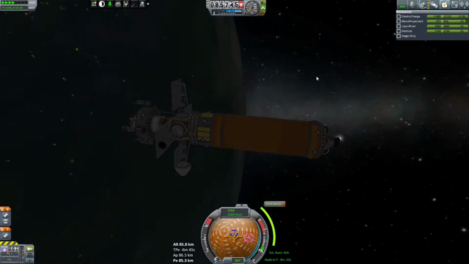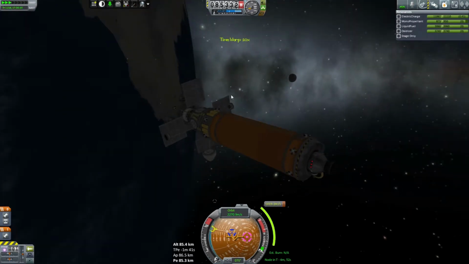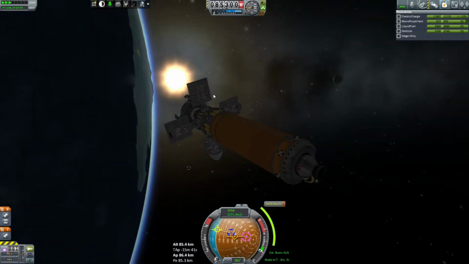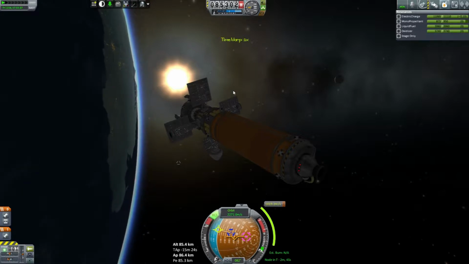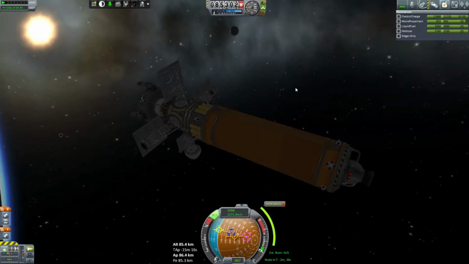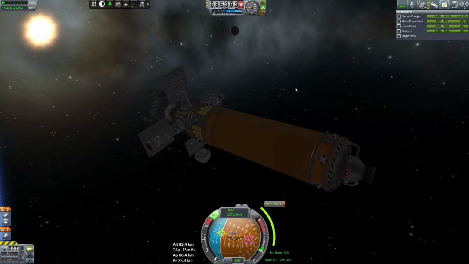But yes, it is departure to Gilly time. And also bonus science from Eve, which hopefully will be enough for us to purchase the pressure-safe probe core. That's my goal for this mission, is the pressure-safe probe core. 2 minutes and 30 seconds coming up. A few little puffs of RCS. Oh, have I disabled this tank? I did. Alright, a couple little puffs, and then...